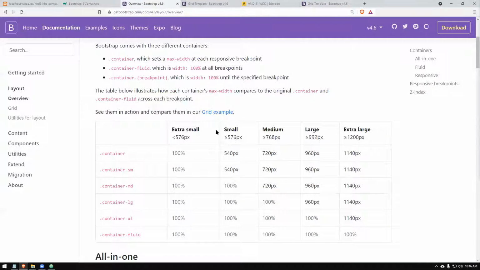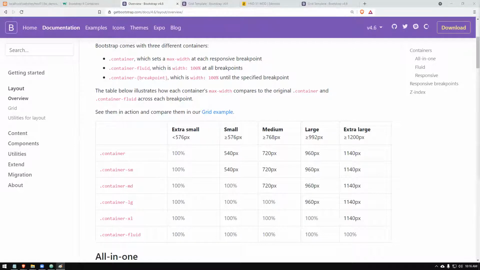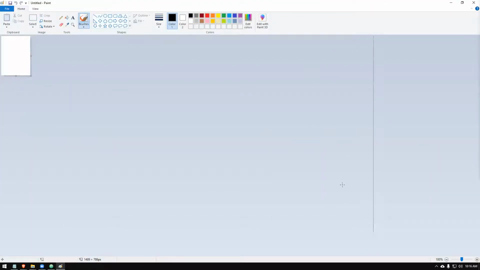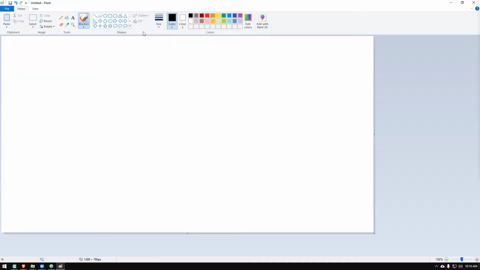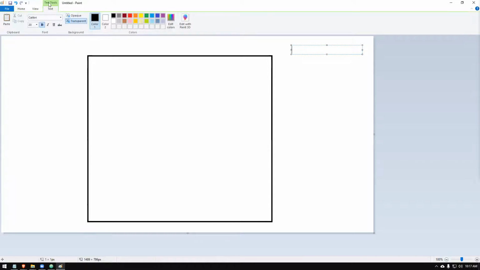Okay, right. So what we shall do is, first of all, we will try to understand what you mean by this grid system. In order to make the website responsive, what we do is, if this was your website, or if this is your browser's canvas, this will be divided into 12 equal columns.